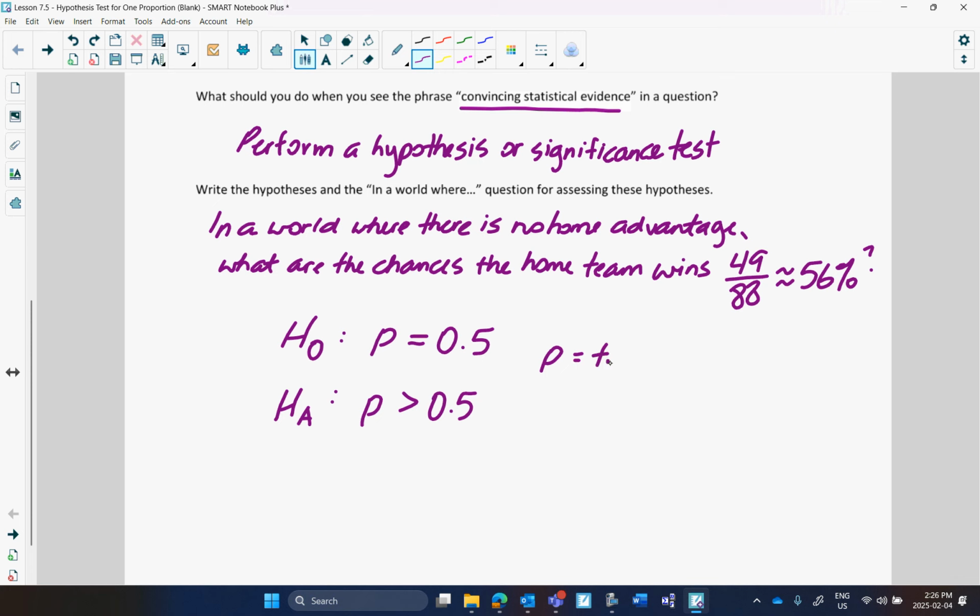And then you have to put this along with it. p is the true proportion of home games won. You have to identify what p exactly means. We're always going to use the word true because we're using the population proportion, which is the true or actual proportion. So we set that up, and then last class we used a dot plot